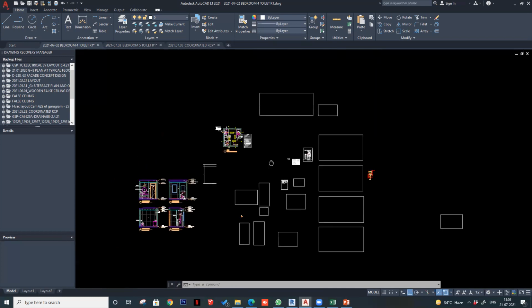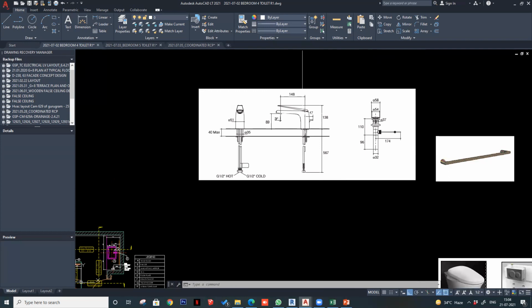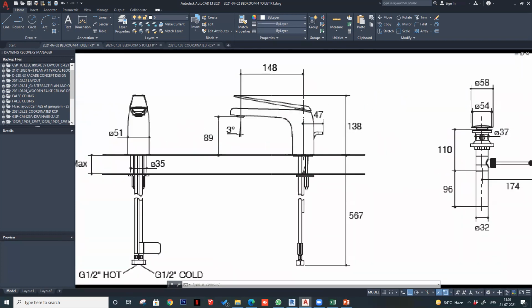So basically what I used to do here was, for example, this is the shop drawing of the faucet which is being used in toilet 4. Just scale it properly, you can scale it using reference. I hope you guys know that. Scale it and make an outline of only the profile of your faucet. Don't use a standard CAD block because that will change all the center lines and all the dimensions.